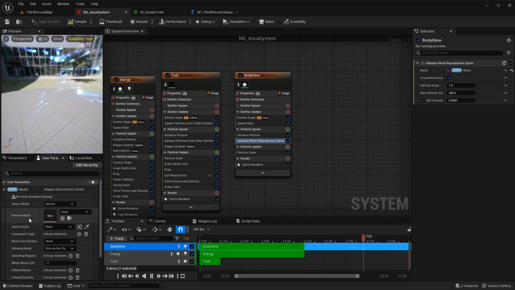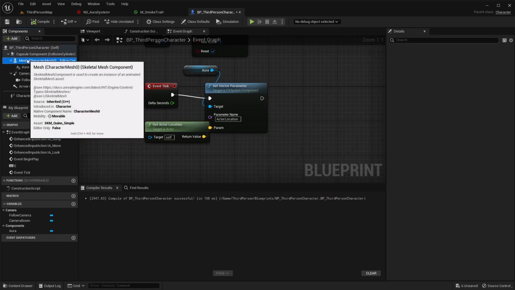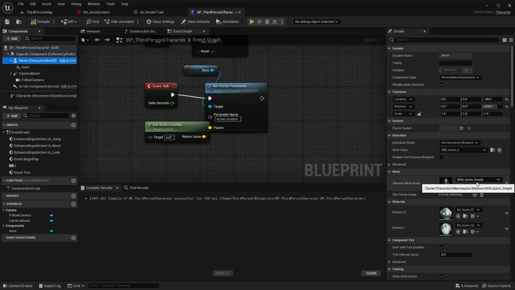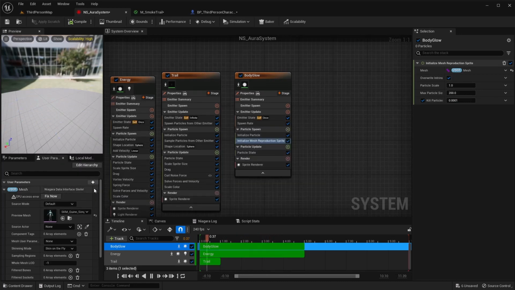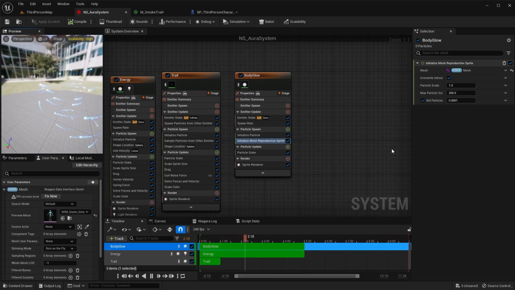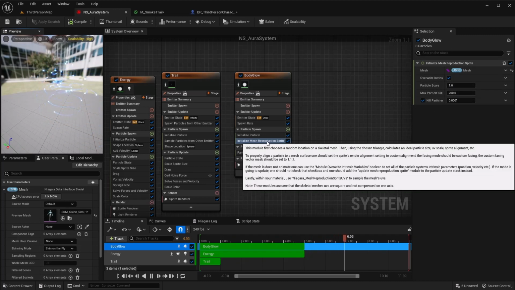Here we have to select the scalable mesh that we're using. For the character I'm using, it's this Quinn Simple, but you can just go to your blueprint, select the mesh, and then look over the details for the scalable mesh. So I'm just going to set this to Quinn Simple, and then make sure it's over here as well.